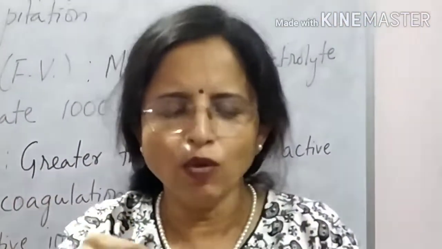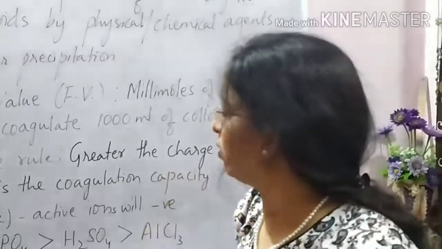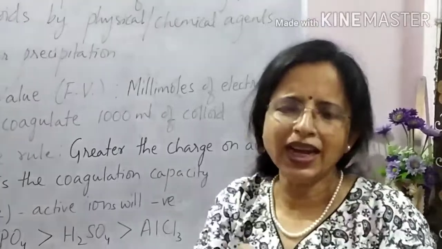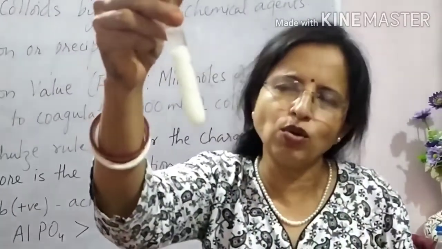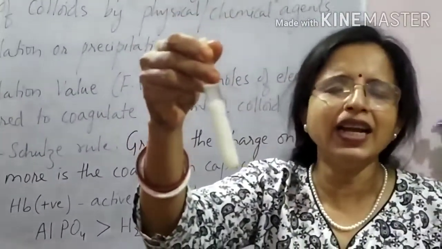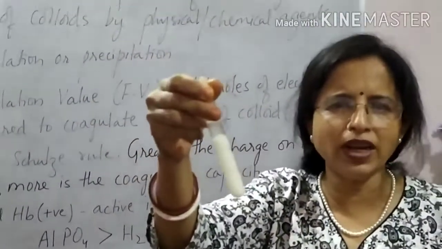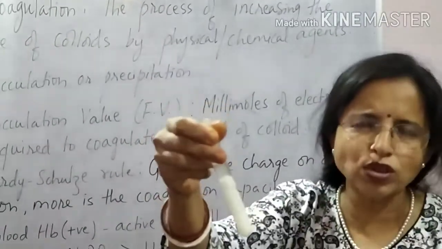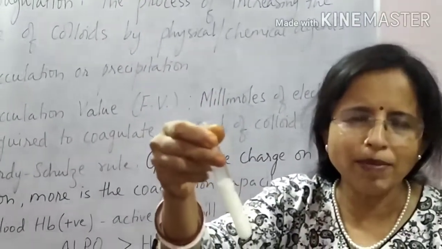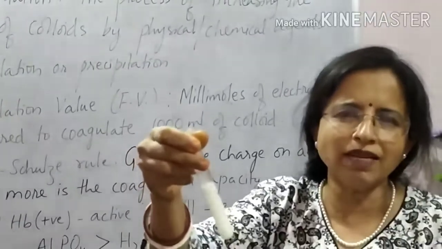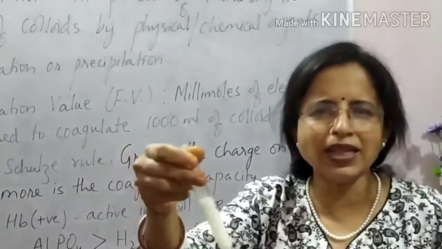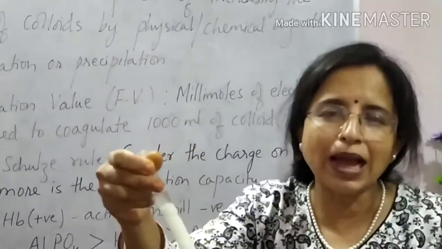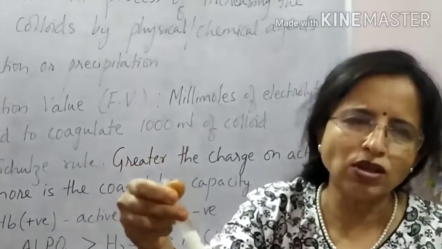Now, when we speak about coagulation, I can add citric acid to coagulate. I can add sulfuric acid to coagulate. I can add tamarind juice to coagulate. इमली का पानी भी डाल सकते हैं, उसमें भी एसिड रहता है. नींबू के रस में भी एसिड रहता है. सल्फ्यूरिक एसिड लैब में यूज करते हैं. That also I can use.